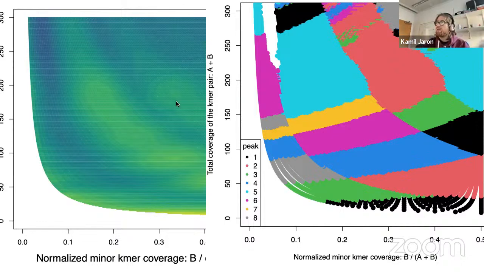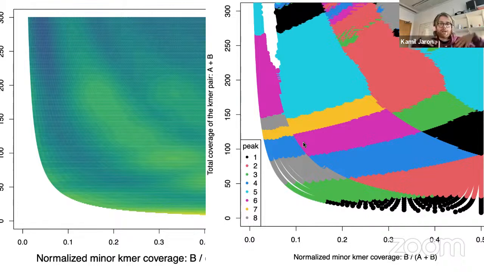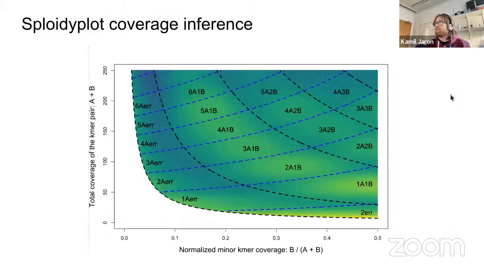And if you do that, and you then color this smudge plot by where you annotated a peak, you see that it actually very nicely cuts the space into what you would actually think are meaningful smudges. But if you start doing it a lot, you will find out that it has always more or less the same shape. So what we started doing is that we take all these bottom smudges, because that's always error or something, and we just use this as a filter. So we locally aggregate just to filter out errors. And for the rest of it, we will just project this grid on the data, like that.